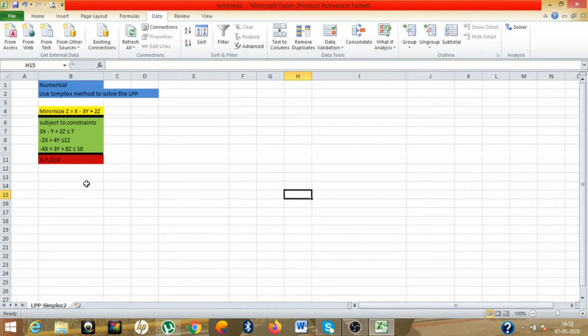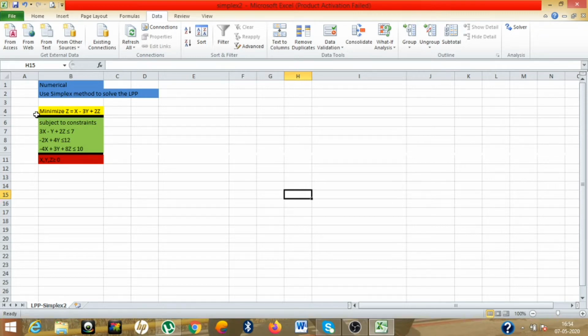Today we are going to learn how to solve the linear programming problem using Microsoft Excel Solver. In the previous video, we have seen the basic concept of linear programming problem, that is LPP, the requirement of LPP. We have solved one numerical also of maximization function using MS Excel Solver and how to add the solver in MS Excel. Okay, so here today we are going to learn about the minimization function.